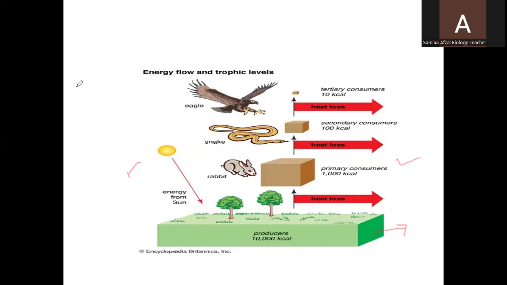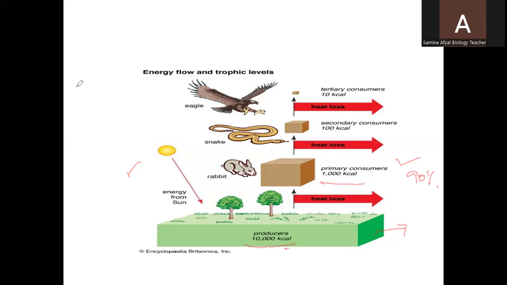Primary consumers get only 10% of that energy which the plants have used. So then 90% of that energy will also be wasted in respiration and in other life activities, and some of the energy will be wasted as heat. So if 10,000 kilojoules of energy is available to the producers, only 1,000 kilojoules of energy will be available to the primary consumers.